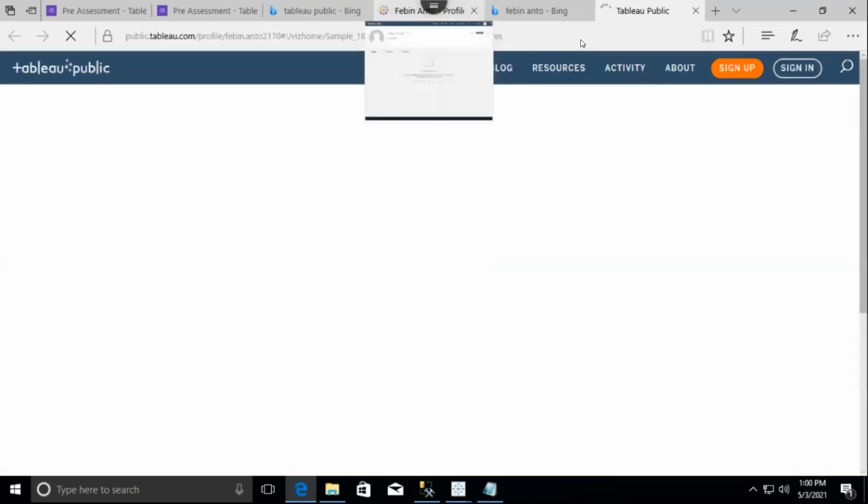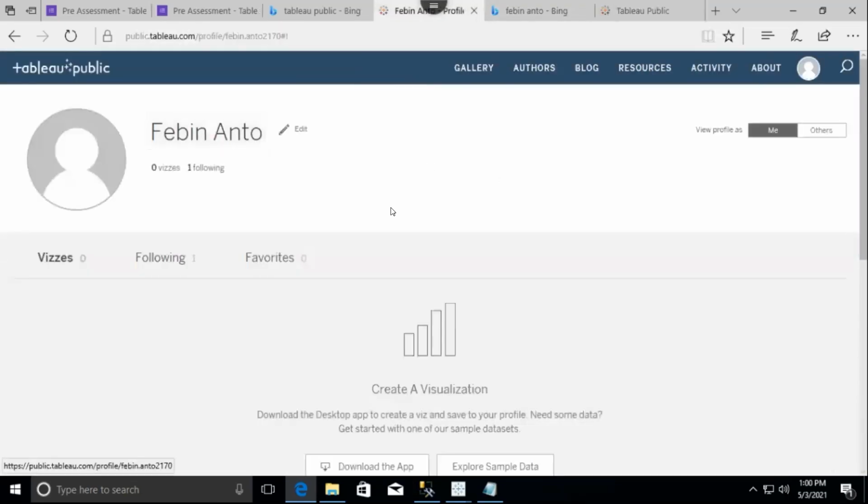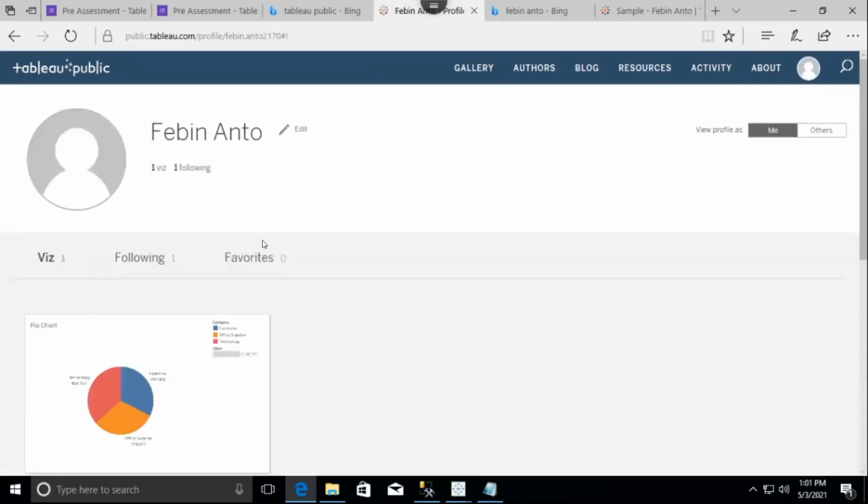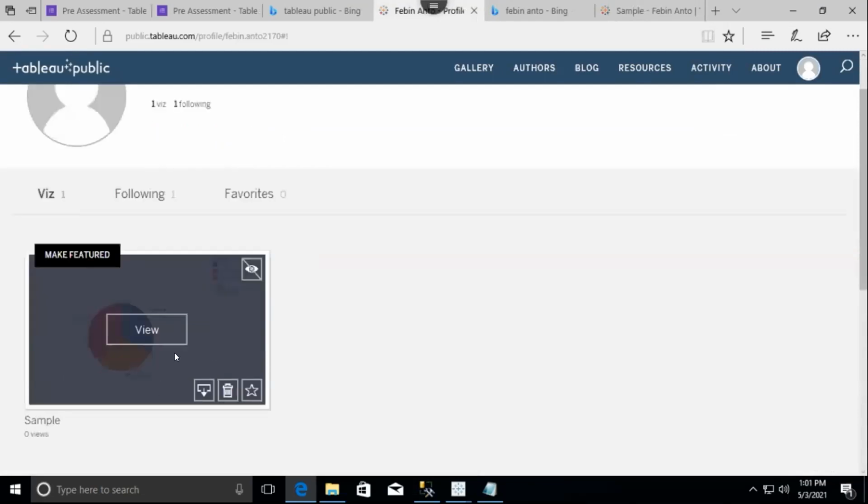Pawan, are you trying to say the entire workbook gets updated irrespective of whichever sheet we choose? Updated? No. Here in Tableau Public, it will not be updated. In Tableau Online or Server, which I'll be showing on the third day, it will be updated automatically.